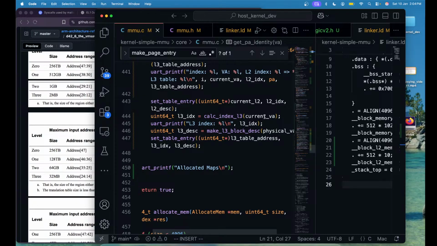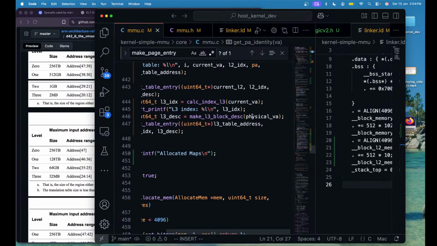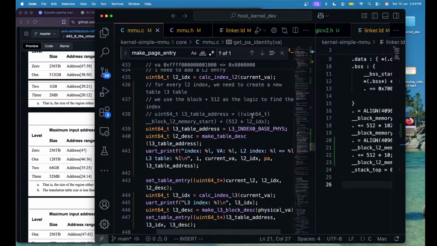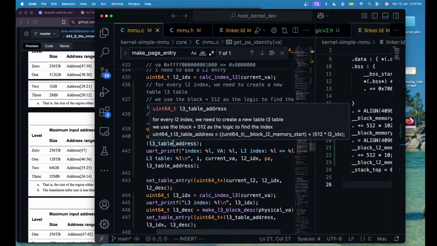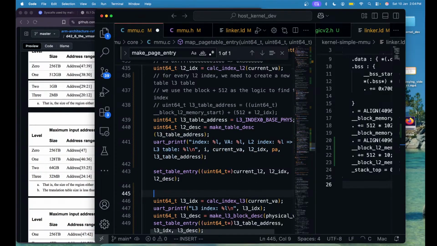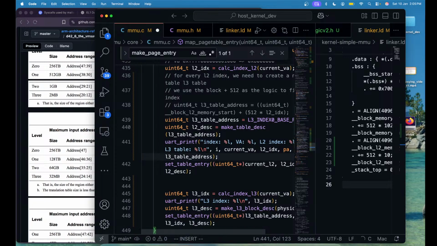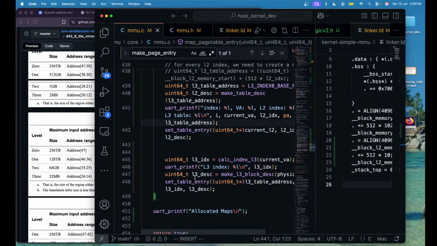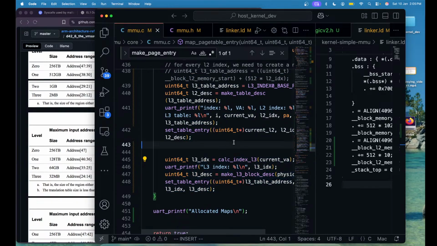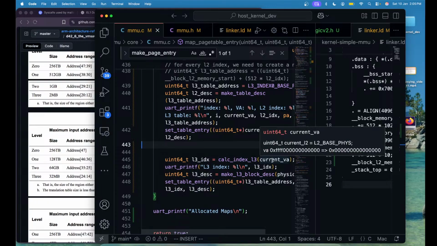We create the L3 index, a table descriptor out of that L3 table address, and we added that entry. Let's just make this like this, so we have the separation. This is for L2. This is for L3. In L3, we calculate the index for the current VA,